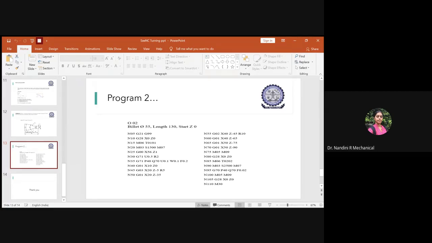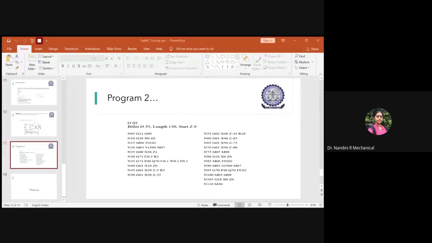So now your work is to write both the part program 1 and 2, okay, and submit in the Google Classroom without fail. After that, only I will be giving you the attendance. I will just share a folder of assignment, and in the next class, I'll show you the simulation of the second part program, and I will explain the other programs also. Hope it is clear now.